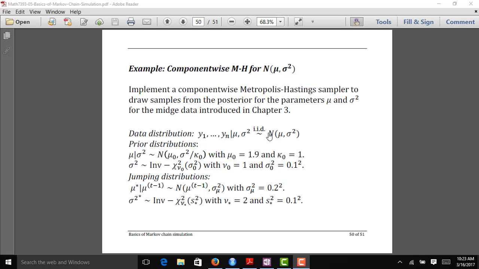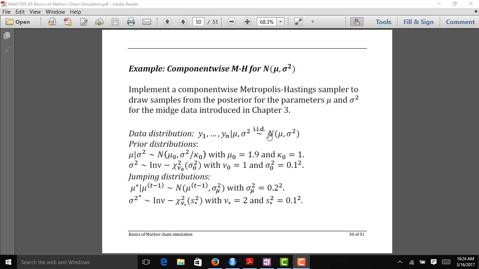So now let's look at a more complicated Metropolis-Hastings algorithm. Specifically, we're going to look at a component-wise Metropolis-Hastings algorithm where we assume our data come from a normal(mu, sigma squared) distribution, and both mu and sigma squared are unknown parameters of interest. And if you remember from the notes, the component-wise Metropolis-Hastings algorithm essentially means that you implement a Metropolis-Hastings step for each component individually. So in this case, Metropolis-Hastings steps for the mu parameter and then one for the sigma squared parameter. You do that for both parameters in each cycle,